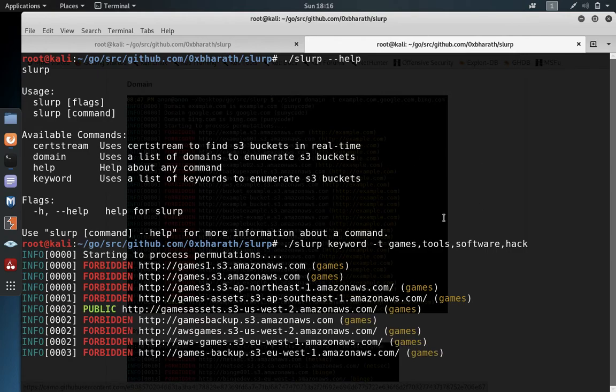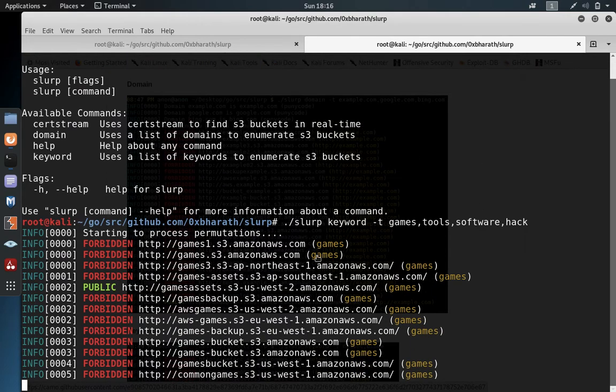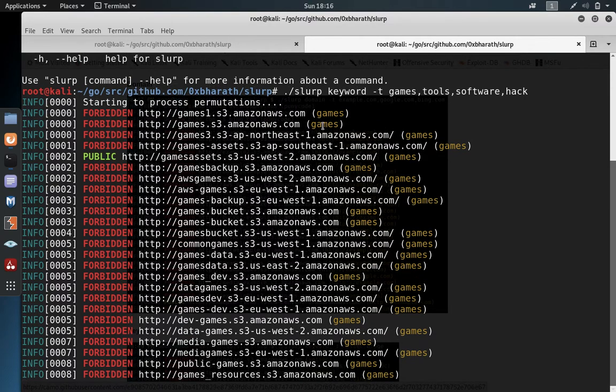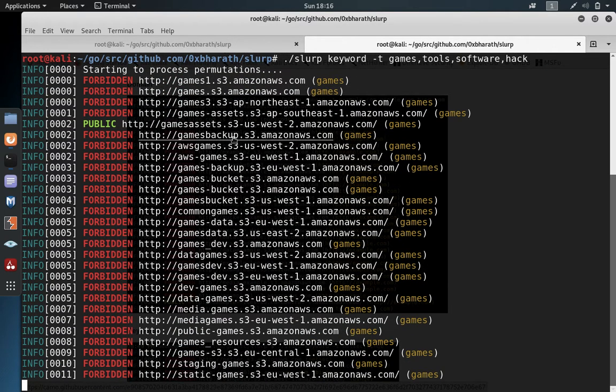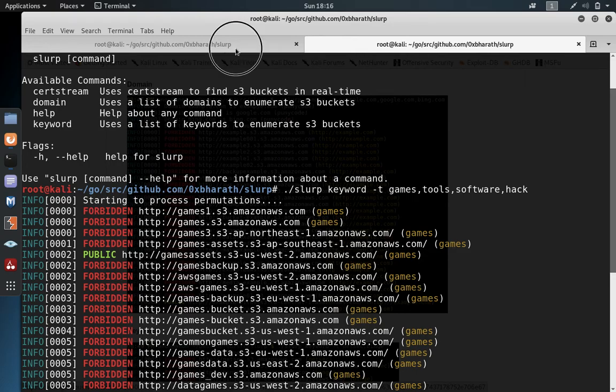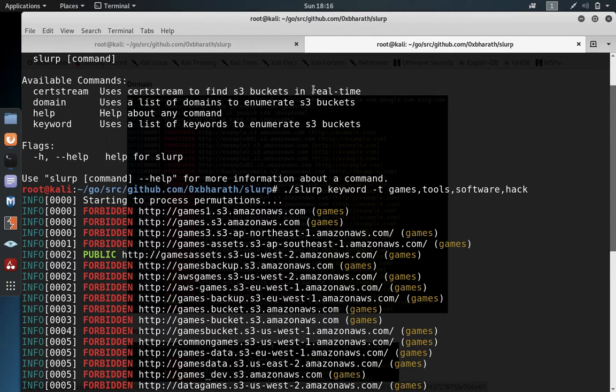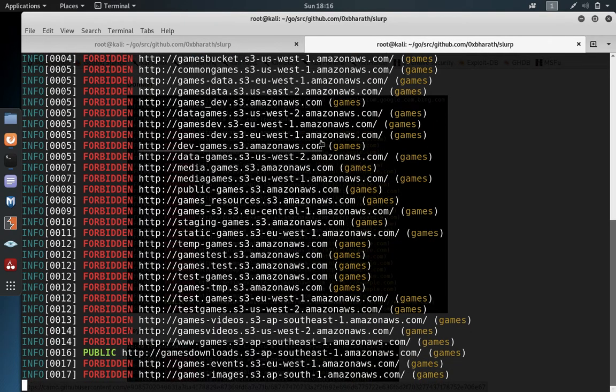So that you can see what all the links relevant to the games and the publicly listed directory are available. That's how we search through. So you can see that domain keywords already has started working.